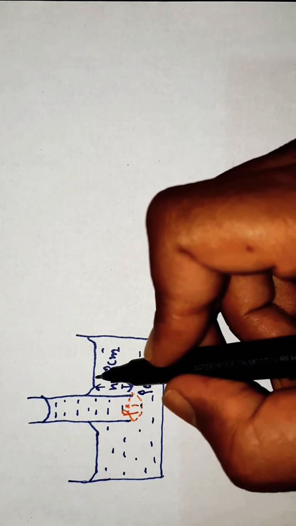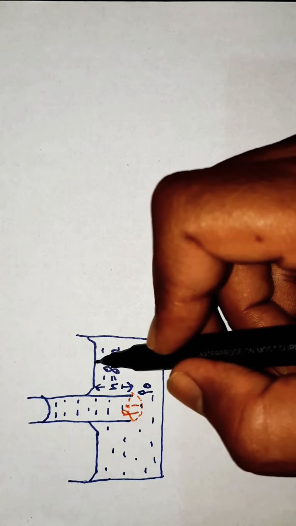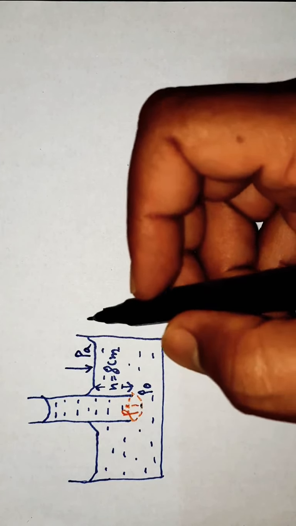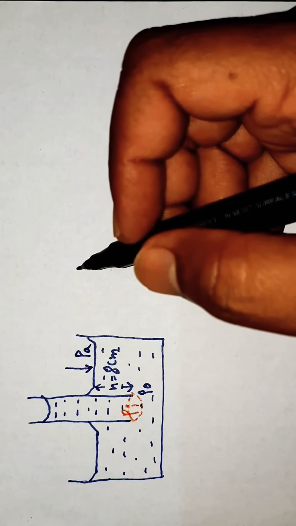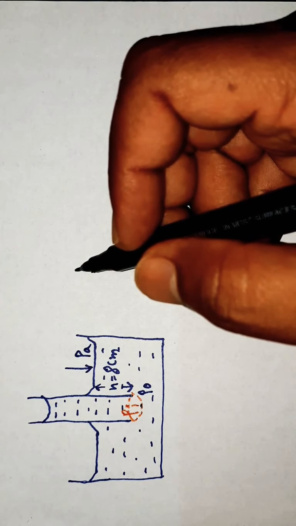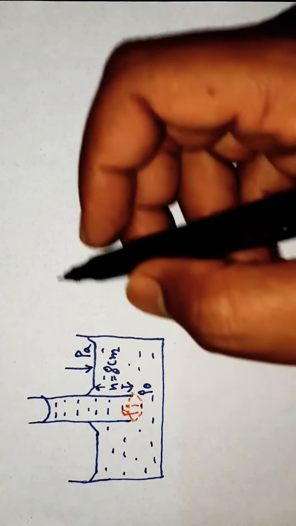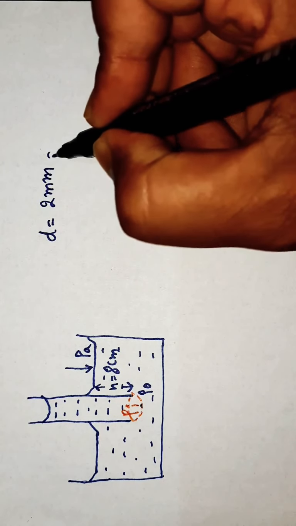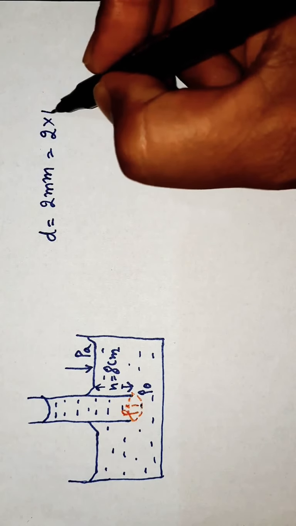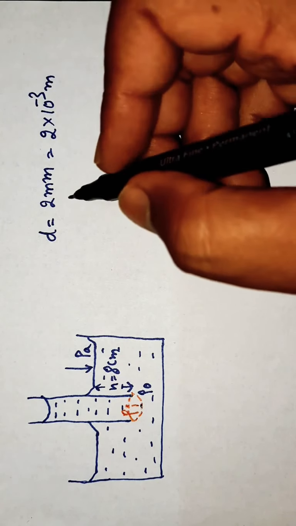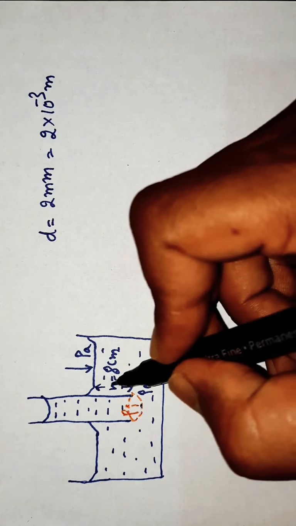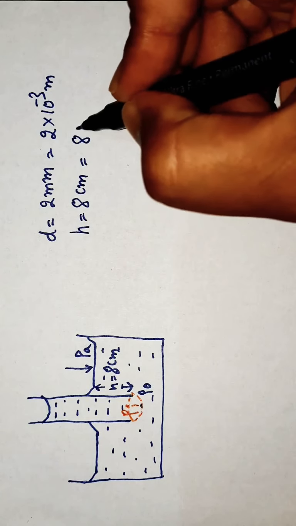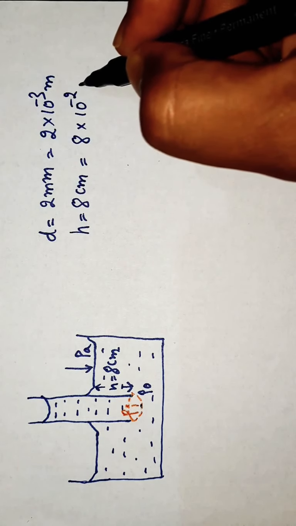We know the pressure on the surface of water is Pa. So here the given values are: the diameter of the capillary tube is D is equal to 2 mm, so that is 2 into 10 to the power of minus 3 meter, and the height is H is equal to 8 centimeter, so 8 into 10 to the power of minus 2 meter,